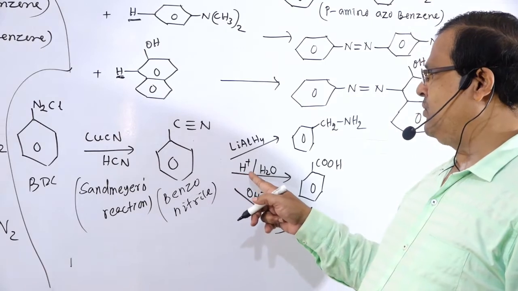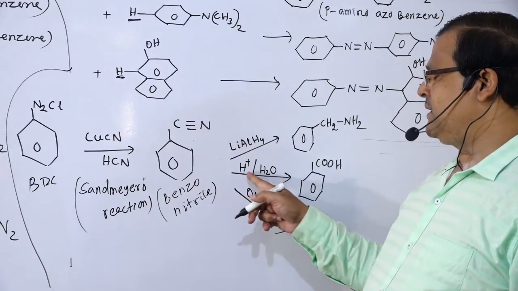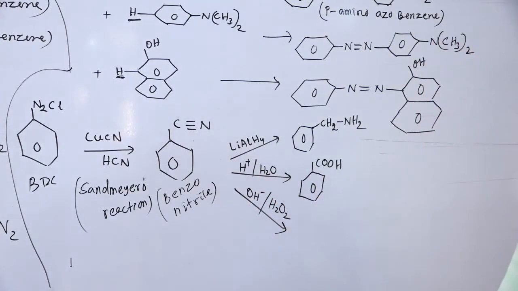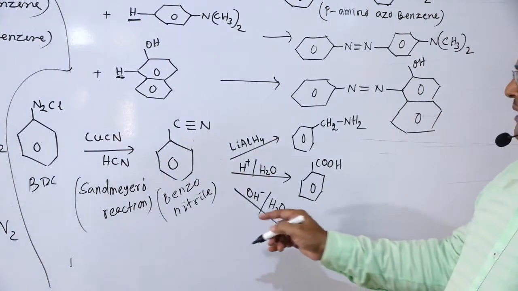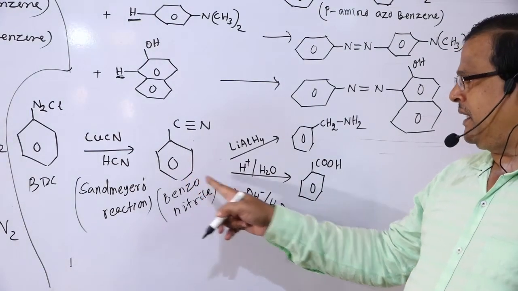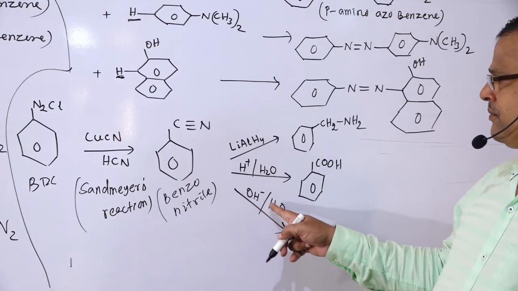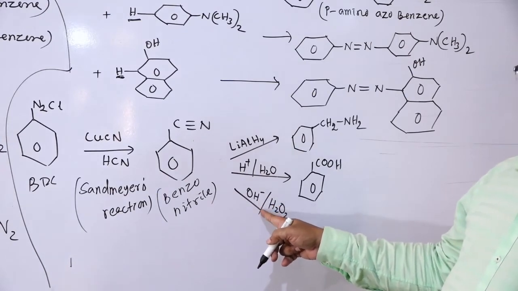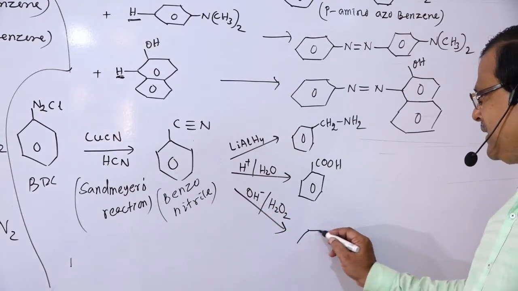Similarly, when benzonitrile is hydrolyzed in presence of alkali, alkaline hydrolysis, there is the formation of